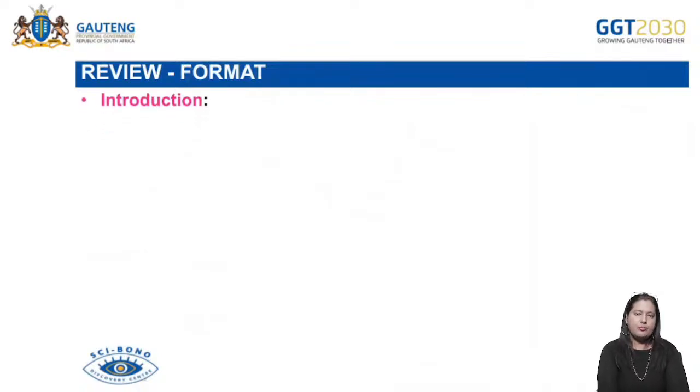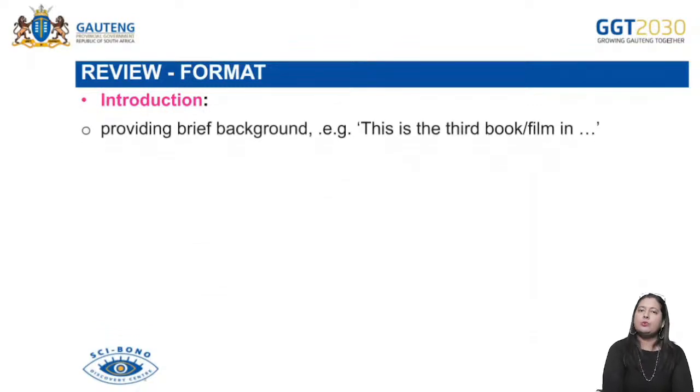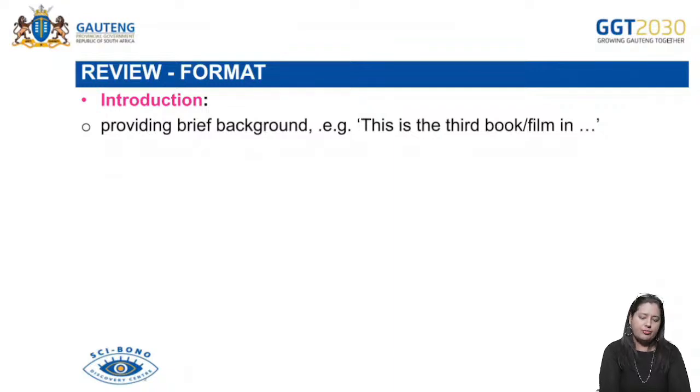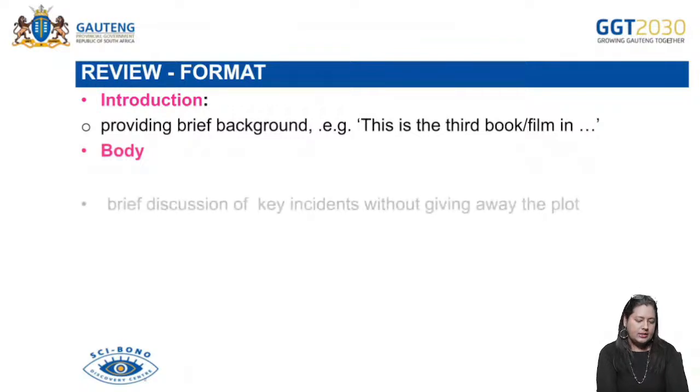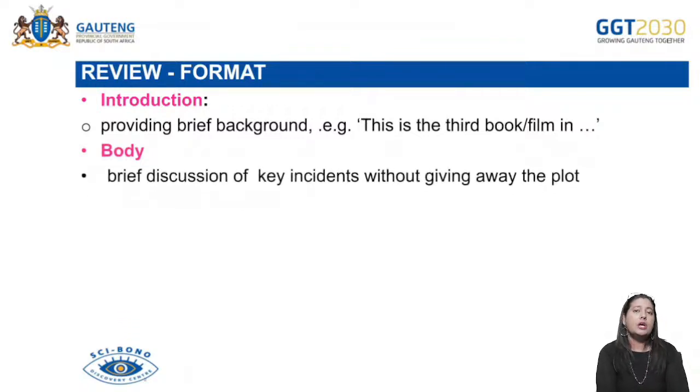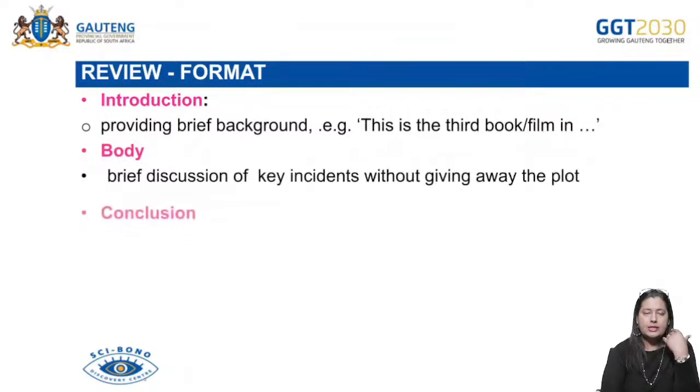In terms of the format, remember, there would have to be an introduction, like with everything. The introduction will provide the brief background of what is happening. It could be the third film or the third book or a third installment of whatever it is. In the body, you're going to again include 2 or 3 paragraphs, a brief discussion of key incidents, for example, without giving away the plot of the movie or the book. Don't do that. And then the conclusion will be the last paragraph where you are tying up all the loose